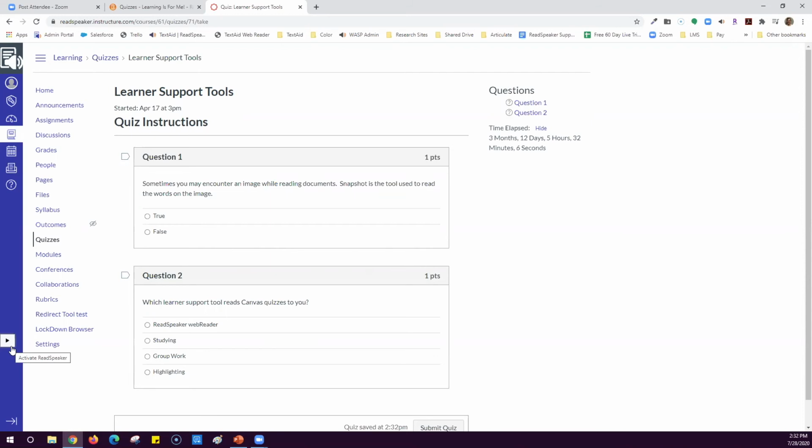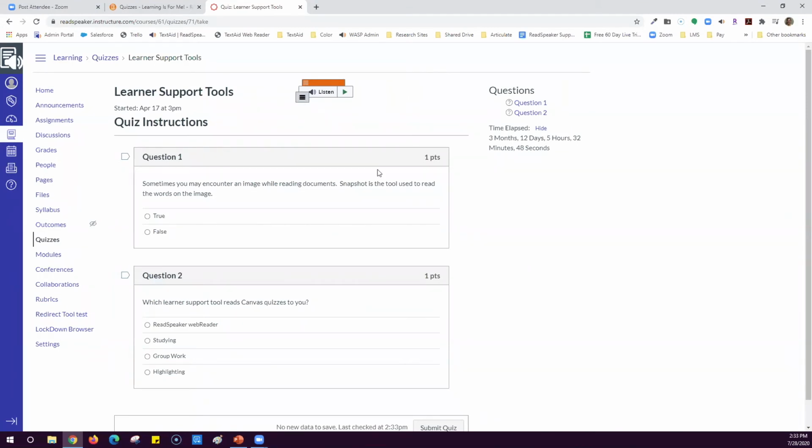Now in Blackboard and in Canvas, it appears as a little tab on the left-hand side. In Moodle, it is a block that has the word listen on the player. And in Open LMS, I believe it also has the tab. Now I'll click on that tab, and my player has flown up to the top of the page. It's got a drag handle where I can put it wherever. If I'm in Lockdown Browser or Honorlock, it doesn't matter, that tab is still there, so I don't have to do anything special, just click on it.